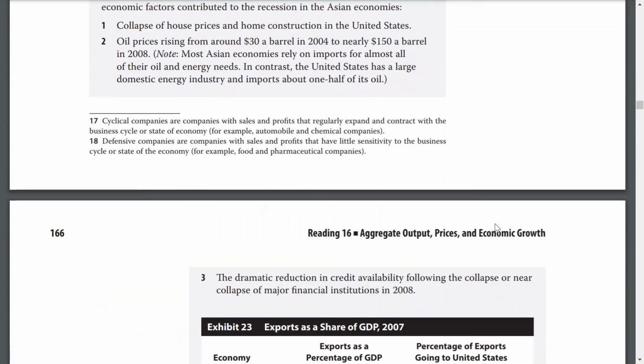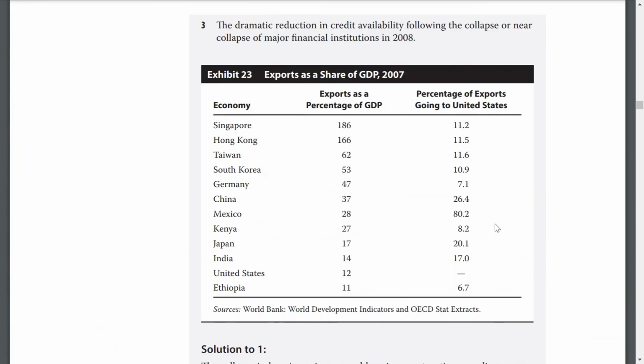Okay. What about Taiwan? The exports as a percentage of GDP. Okay. Percentage of exports going to the United States. Look at Mexico, 80%. Darn. So Taiwan. China only has 26% going to the United States. Oh, that's 2007. I'm not shocked. I would be shocked if it's still 26% today. Anyways,